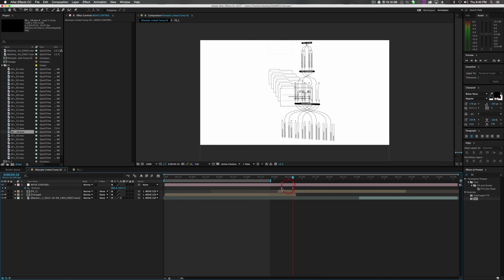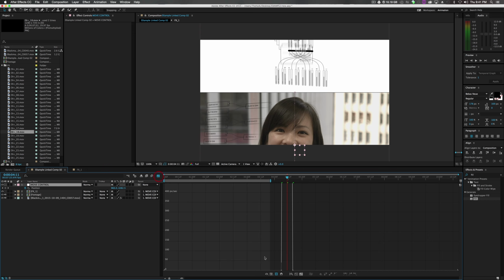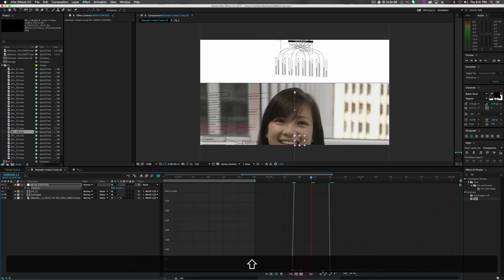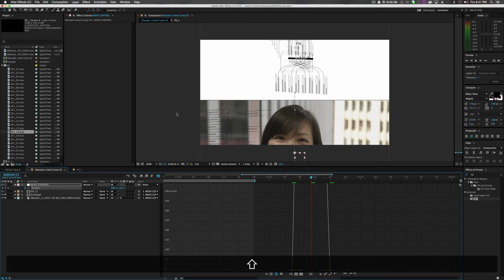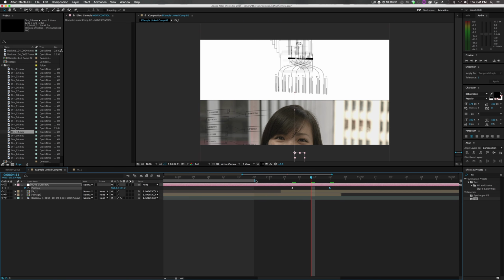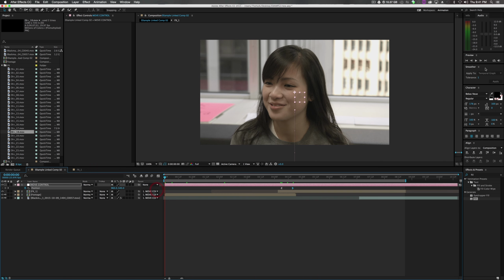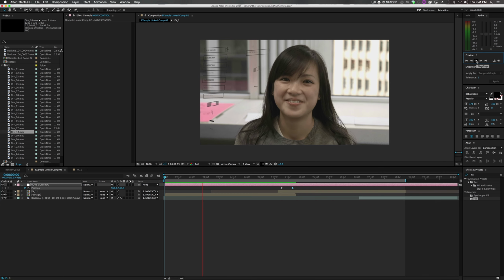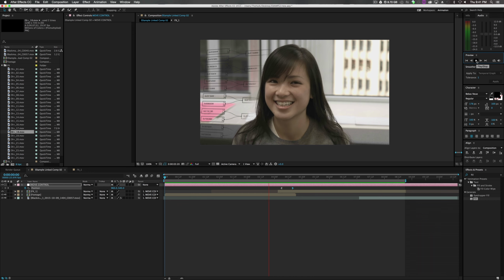Then we can highlight both of these, or actually keyframe assistant, ease out, keyframe assistant, ease in, go to the middle, click on our layer, click our graph, and actually do a little bit of fancy editing on the graph to give it a little movement. Go back to our composition, jump out of the graph editor, and actually see what this looks like. We can see that movement that we created before